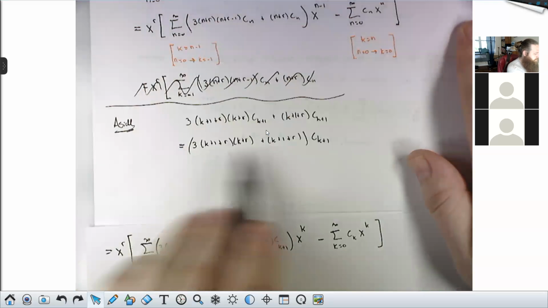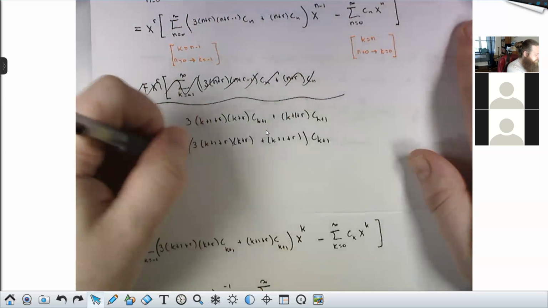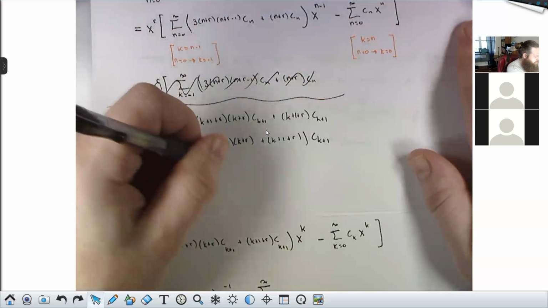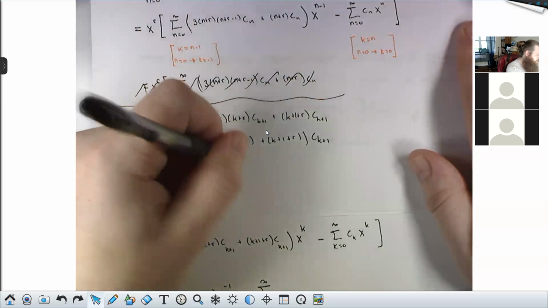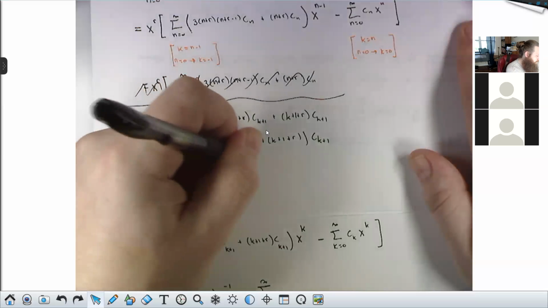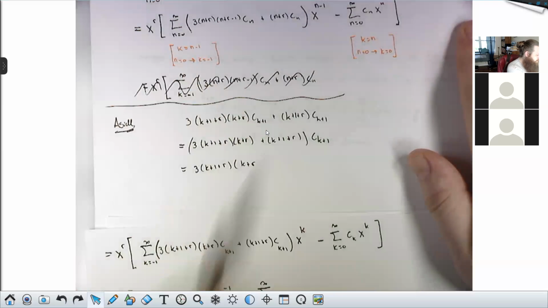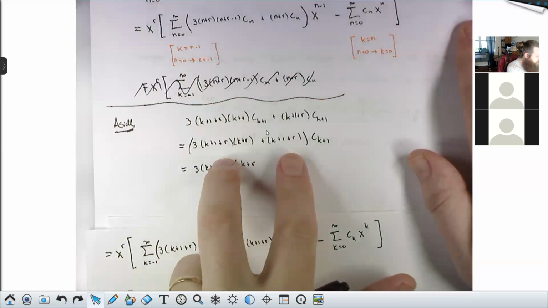And you notice a common factor of k plus 1 plus r also. So this is 3 times k plus 1 plus r times k plus r. And then what would this be? When you factor out the k plus 1 plus r,